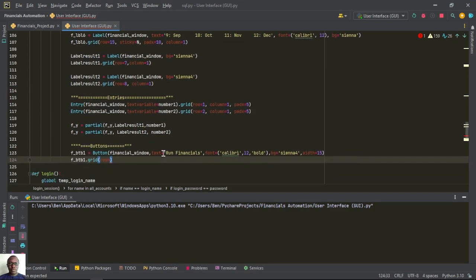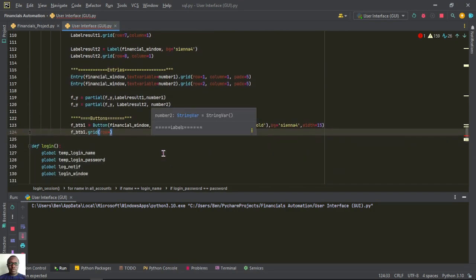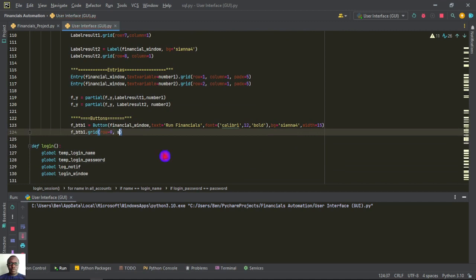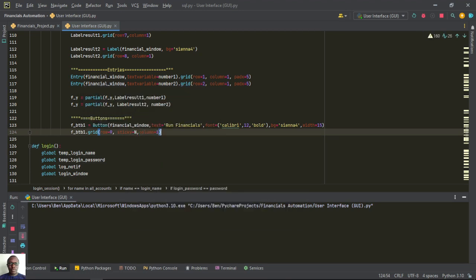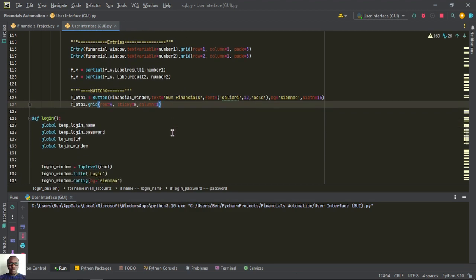Row 10 or row 9. So let me try row 9. Then after row 9 we have sticky is equal to n. Then the column will be column 1. Then again we'll do another button for